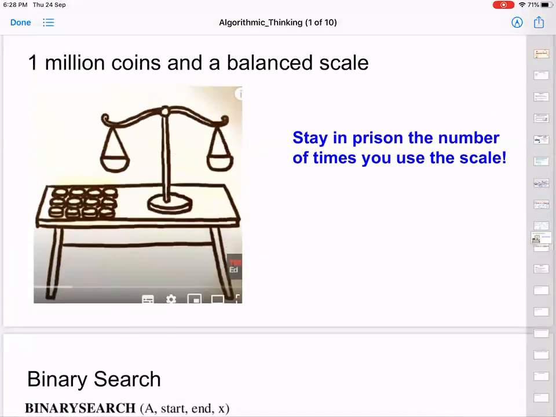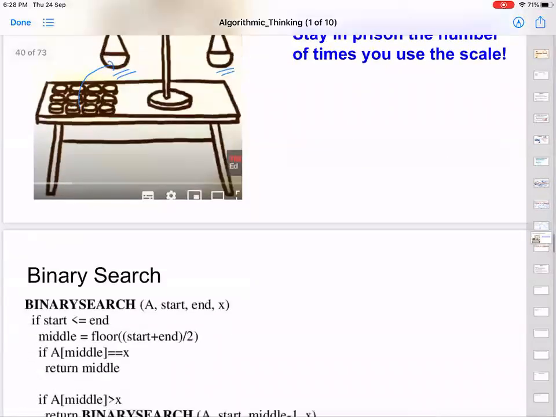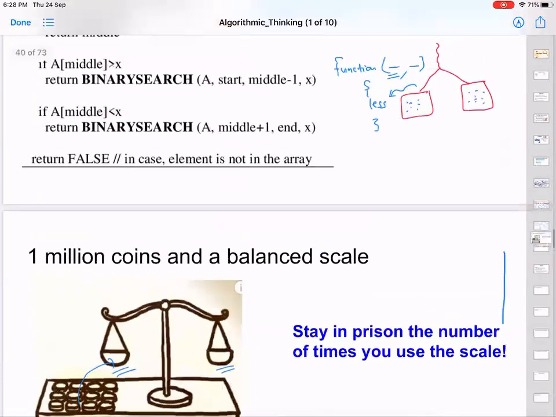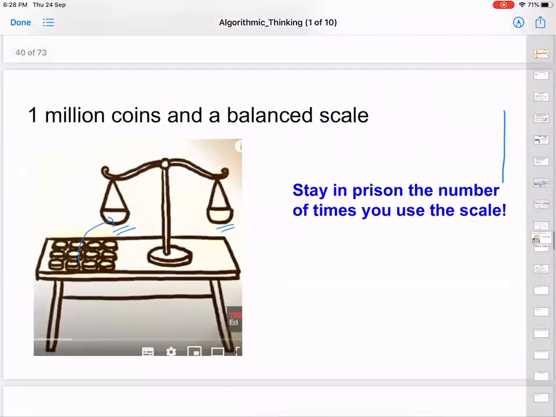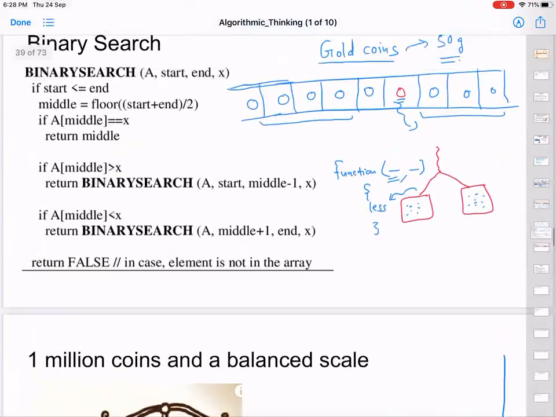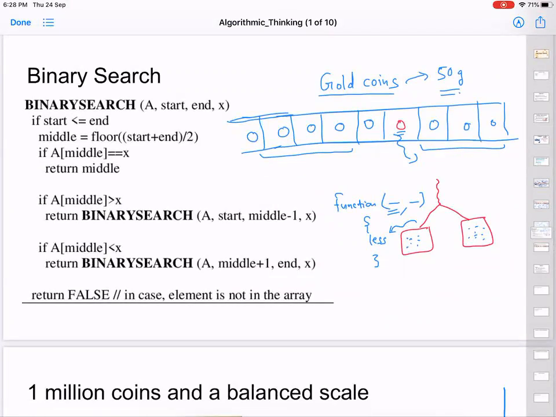Okay. So here is the scale which is given to you. You can keep these coins in any of the parts, right? Okay. What you have to do is, in the minimum number of comparisons, tell which is the counterfeit coin. Is the problem clear? If something is not clear, please ask me.